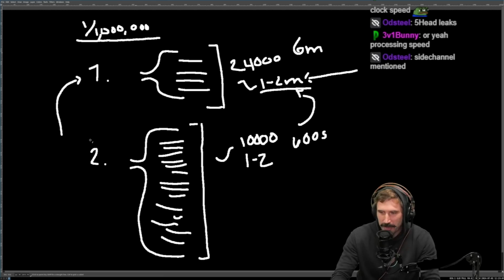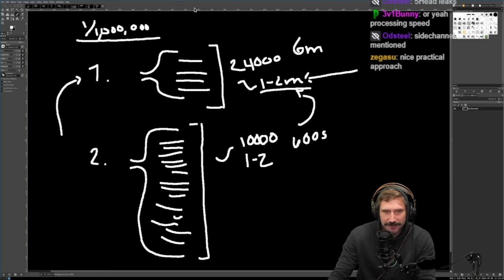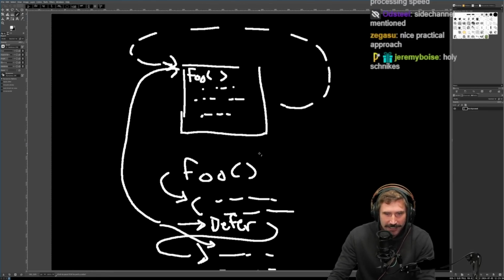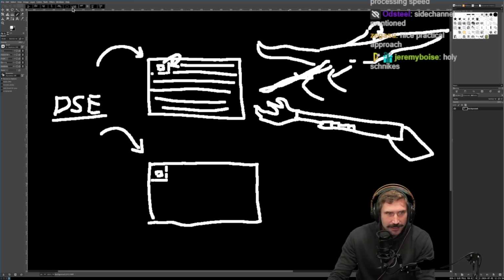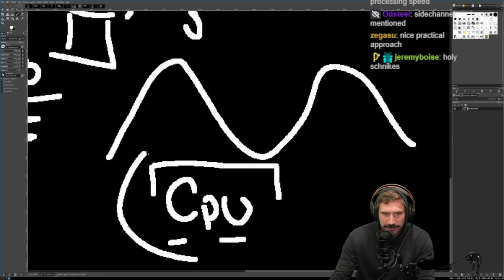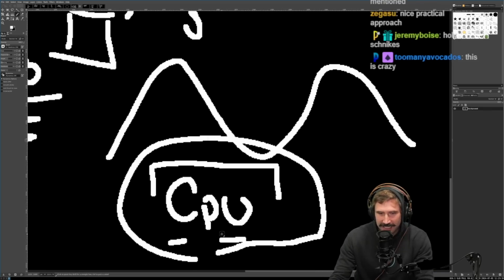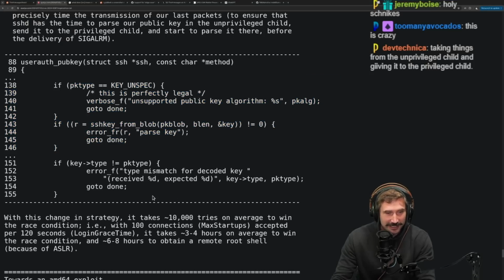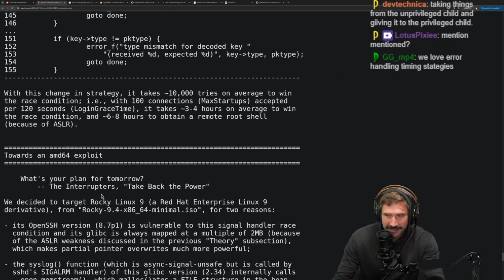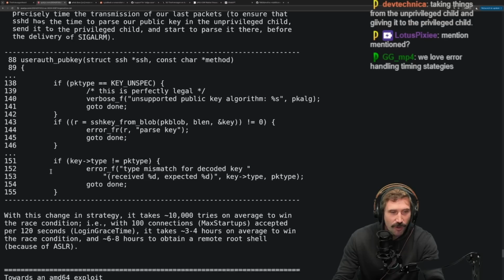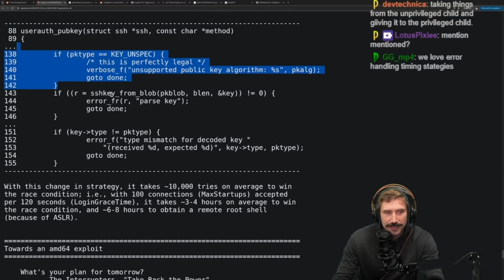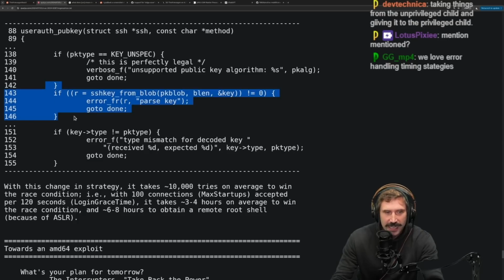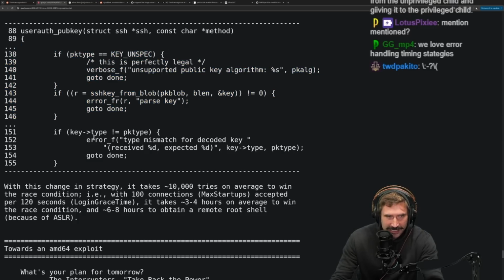Yep. Remember, I believe I did not too recently mention this whole problem. You're going to have this thing also fall into this. This is good. This is great. Mentioned? Oh, yeah, we mentioned, man. This makes perfect sense. So they're actually using this as a timing. Since they could send a bad thing, they would know exactly how long this takes, and they can kind of build up the time these things take.